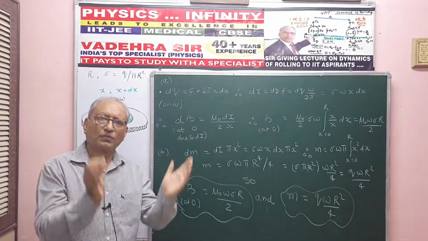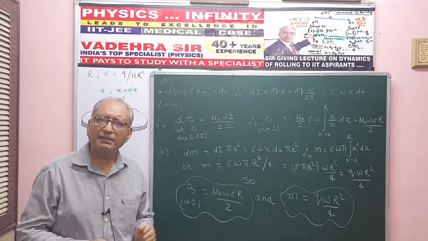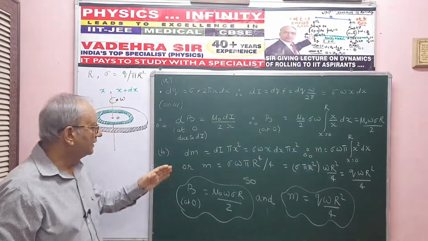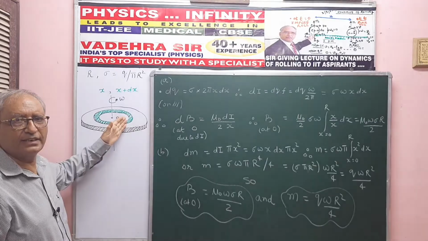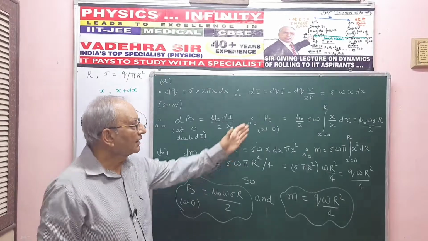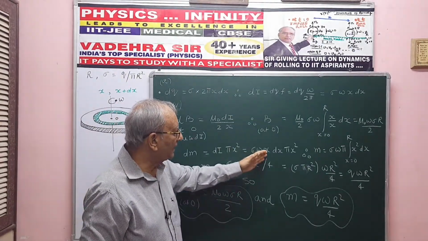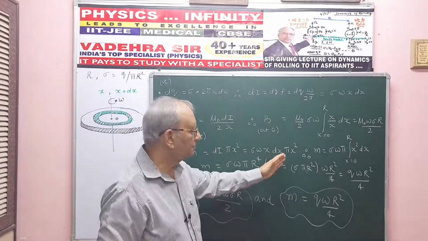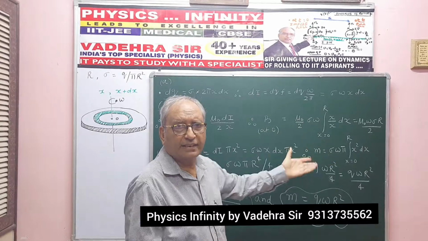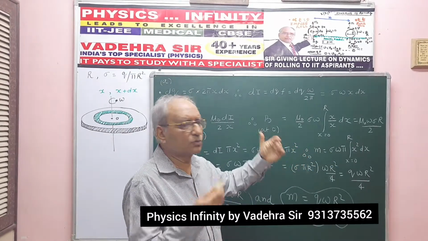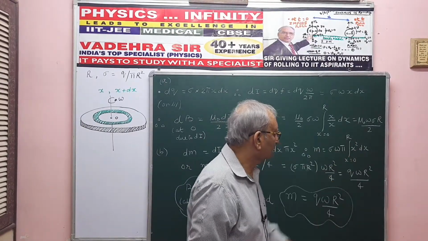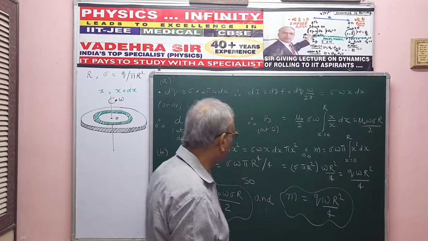You know, the basic formula for the magnetic moment is I times the face area. So here, dm due to the shaded green ring is di times the face area pi x square. di I take from above, sigma omega x dx, and the area is pi x square. Once again, for m, the integration has limits x equal to 0 to r.